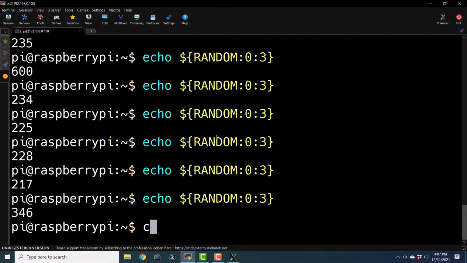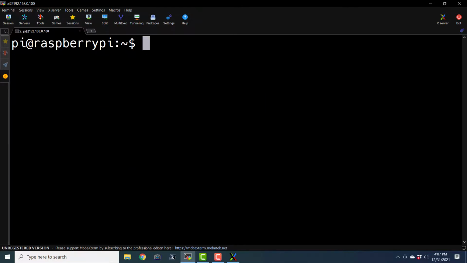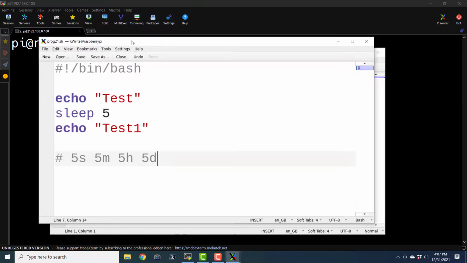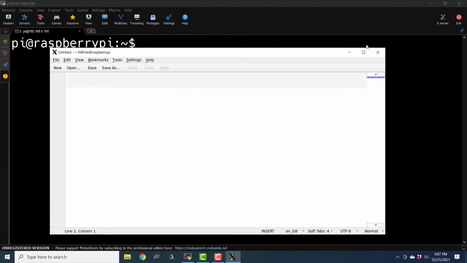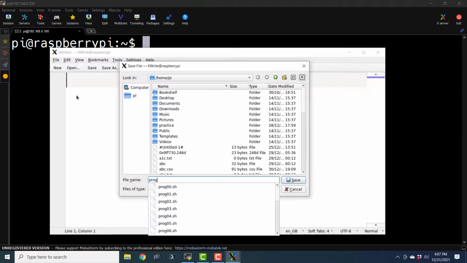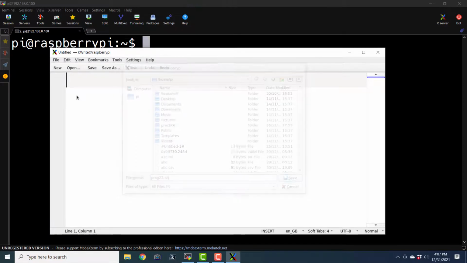And we can even put it in the script. File, save as prog22.sh.